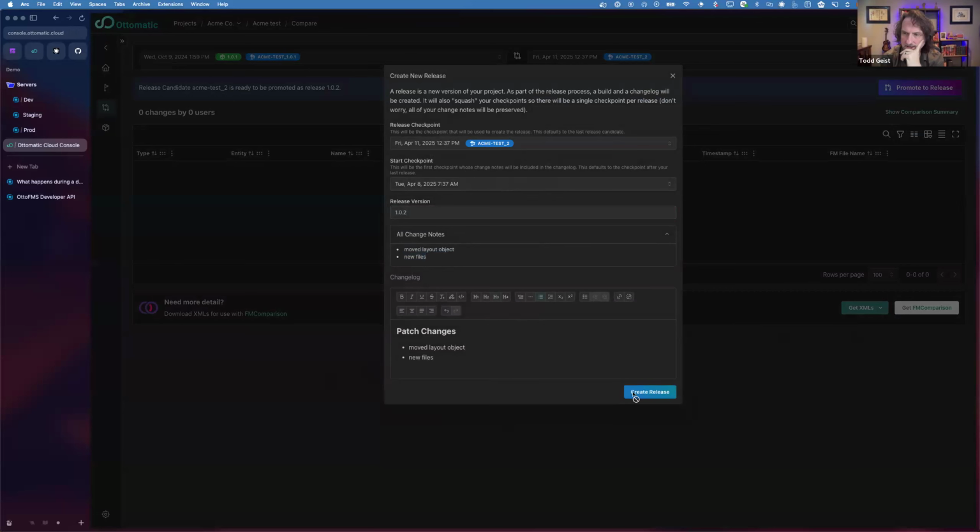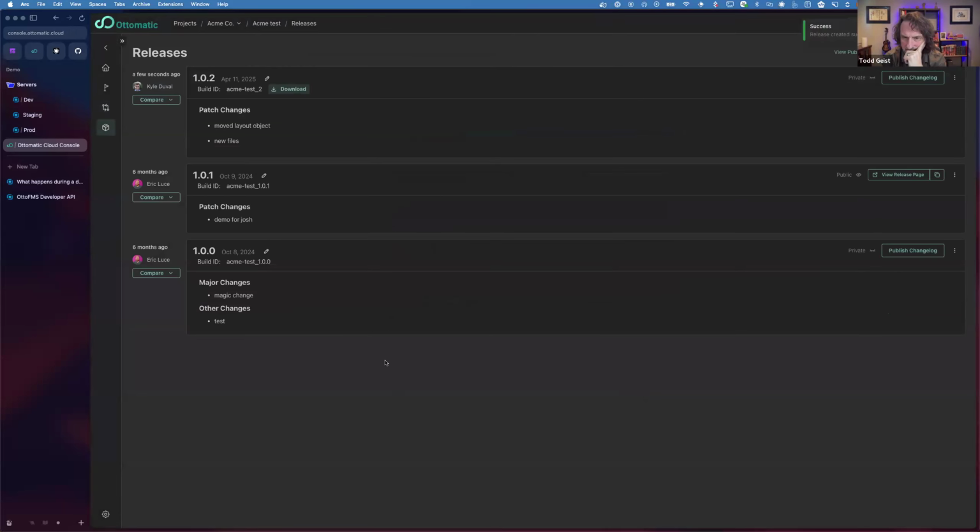So full release cycle, we're not checking into Git, and part of the reason there is that diffing a save as XML result, which is essentially one XML file per file, is really not diffable in the standard way. If you look at it in GitHub's diff, you wouldn't be able to tell what was changed. It's one file with dozens of changes per thing. It would not be possible. So in order to actually view the changes in a FileMaker XML file, you need something like FM Comparison, or like our little diff viewer that we have here.